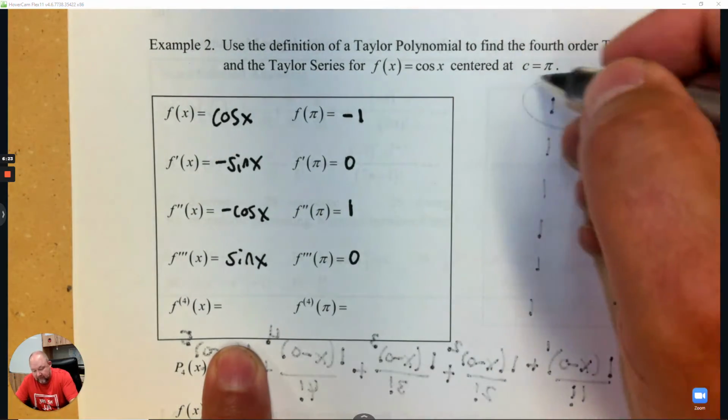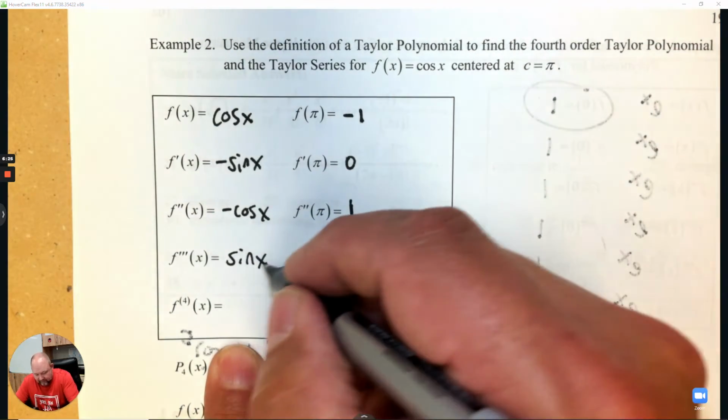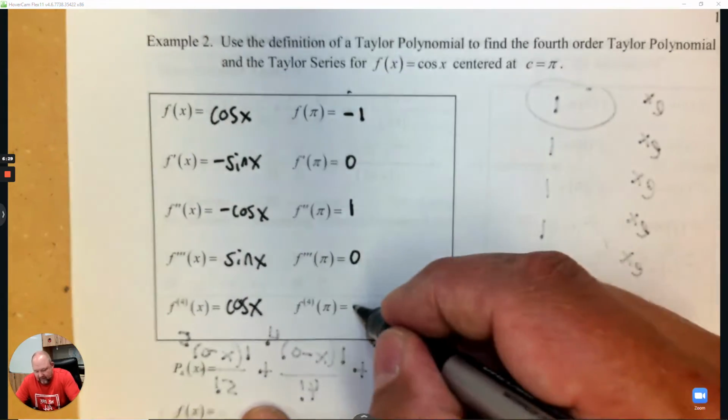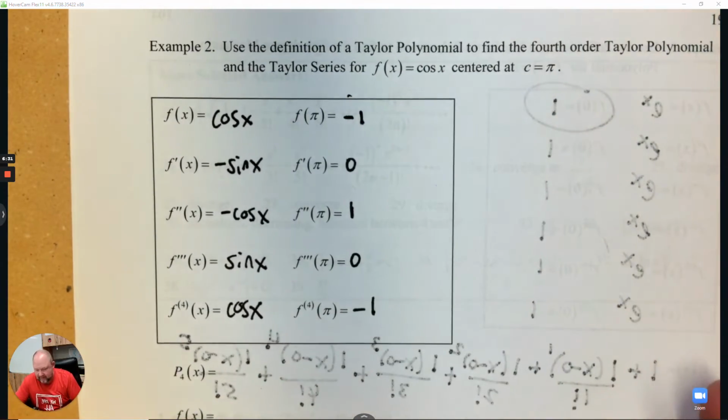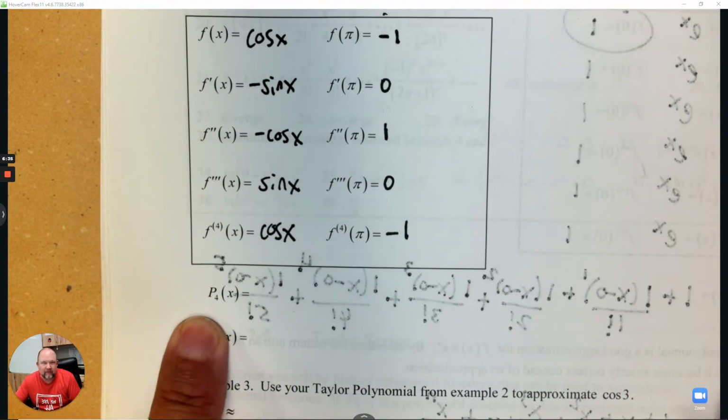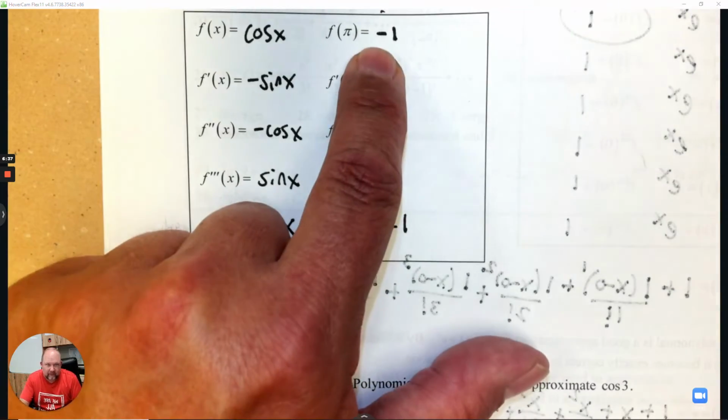The derivative of sine, we're just going to start all over again. The derivative of sine is cosine, and that answer is -1, and it would repeat over and over again. So what's the fourth order polynomial? What's the pattern that we start with? So start with -1